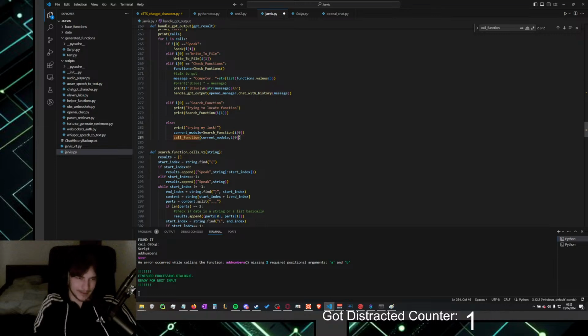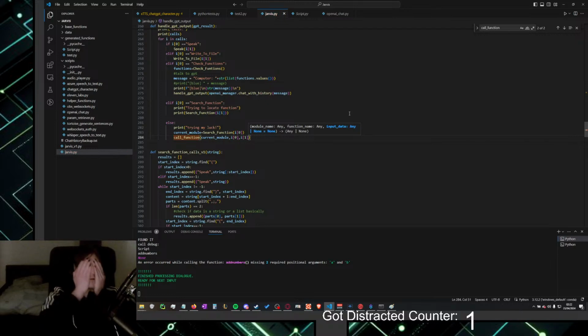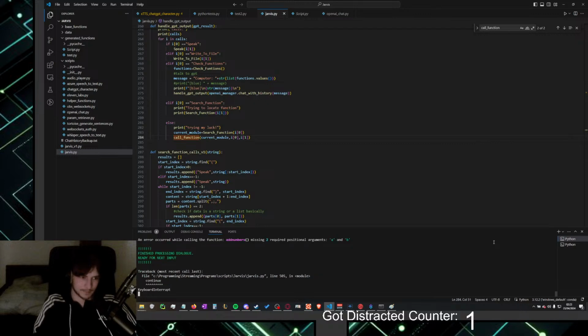Because I don't give it any. Oh my god. I didn't give it any input data. So of course it doesn't have any input data. Man, what the fuck am I doing? Okay, let's restart that.